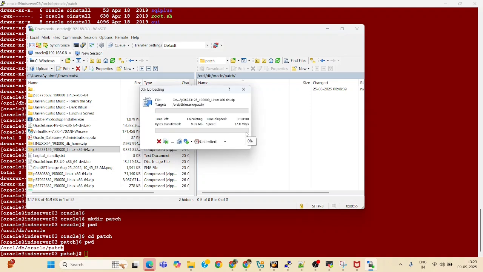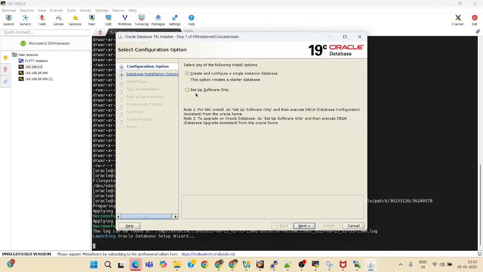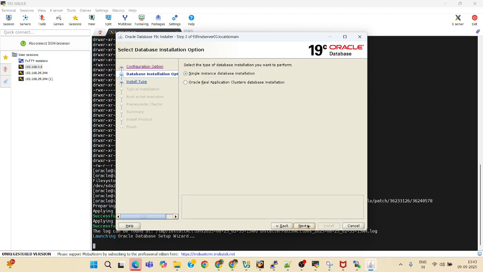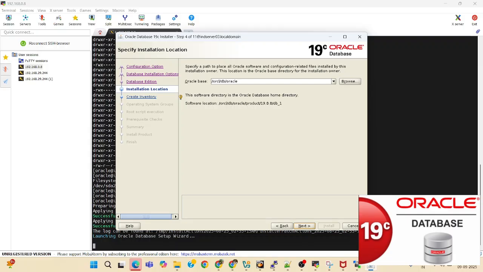And if you want to install the patch, you must also download and apply the latest OPatch utility. I hope you are aware of the OPatch utility. So you should download and move that OPatch utility into the Oracle home location. Here again you have to select setup software only. We are not going to create a database. Next, single instance database installation, enterprise edition, Oracle base,